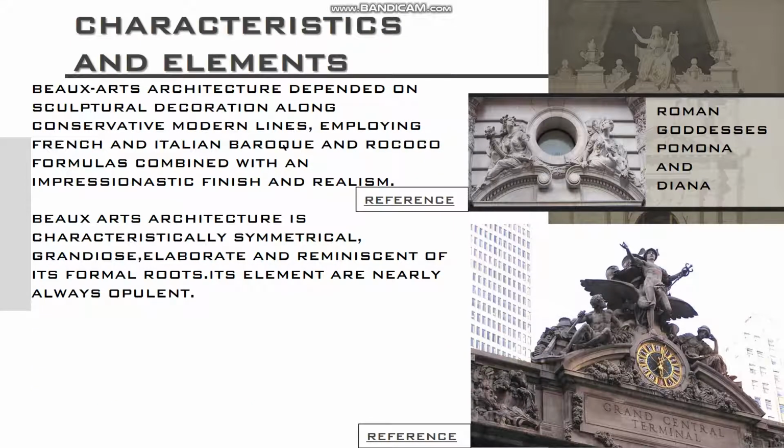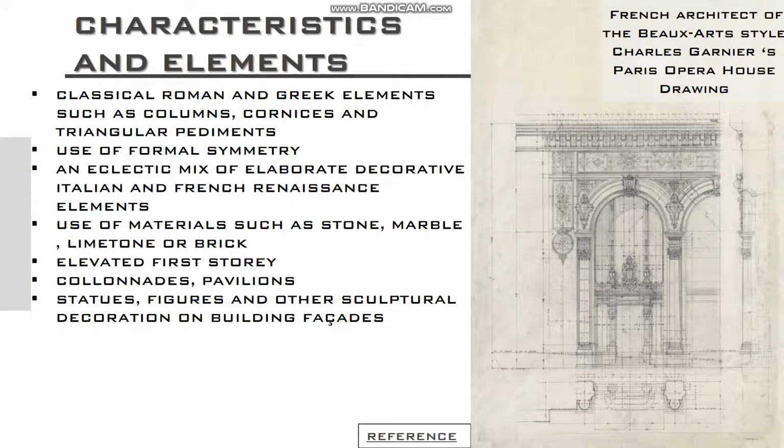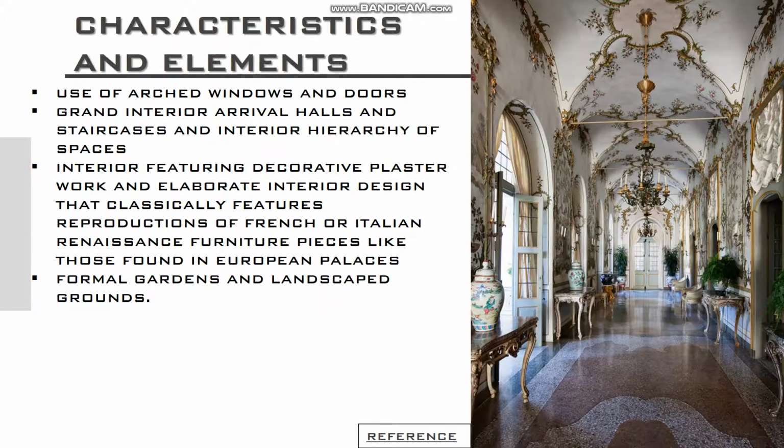Beaux-Arts architecture is characteristically symmetrical, grandiose, elaborate, and reminiscent of its formal roots. Its elements are nearly always opulent. Characteristic elements are Roman and Greek elements such as columns, cornices, and triangular pediments, formal symmetry, decorative Italian and French Renaissance elements, materials such as stone, marble, limestone, or brick, elevated first story, statues, figures, art windows and doors, decorative plasterwork and interior